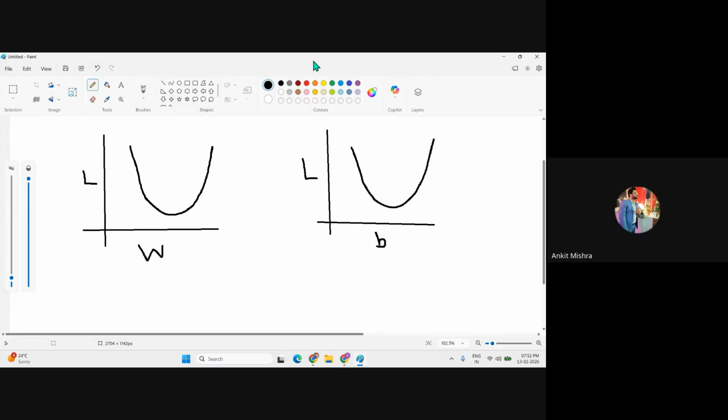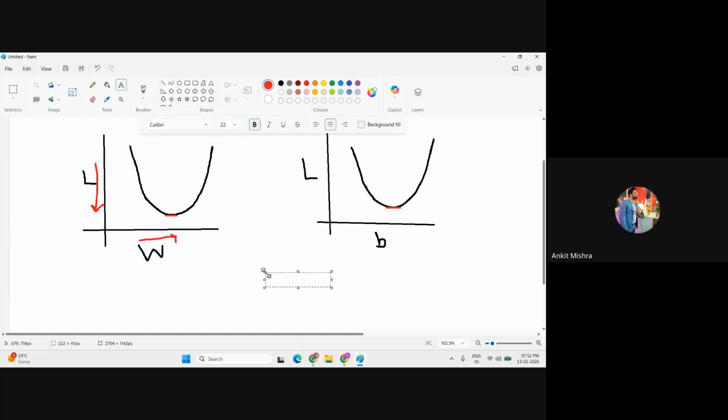We want to minimize the loss, candidate, and we know how to minimize the loss. If I move forward like this, my loss is decreasing. It's like this, okay? And we are getting the minimized loss here. That is called my global minima. We have to calculate this global minima, and if you want to calculate it, you already know the concept of domain and range, and for that you have to calculate the derivative, right? The derivative of loss